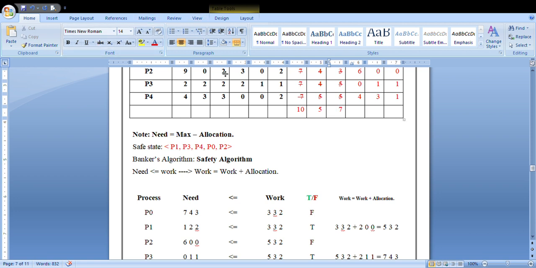At the end, what is the available result you will be getting? That should be equal to the total resource value. It will always be vice versa. At the end, when all processes get allocated until the end of your total resource value, your end available value and the total resource value should match.